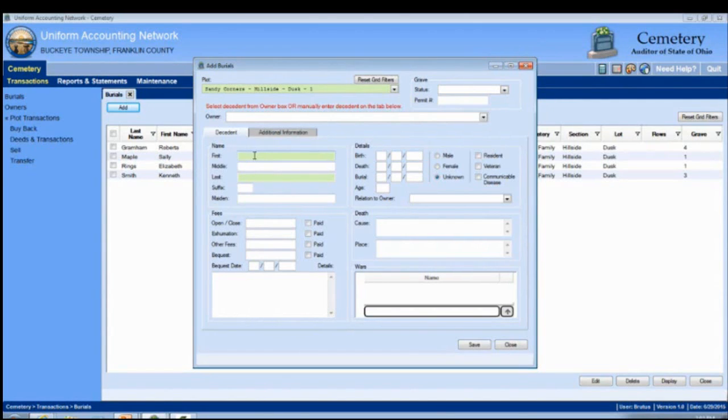And like I said, we're going to bury Uncle John Smith. He lived a very long and happy life. He just had his 100th birthday earlier in June, and so we're going to add him, and his date of death